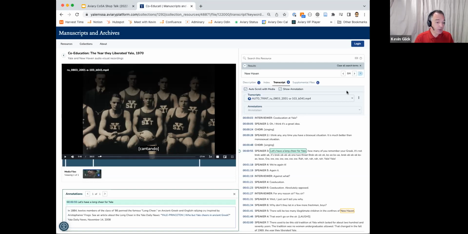In addition to transcriptions, there's the capability to annotate transcriptions, if one wanted to have more in-depth description of portions of the transcript. And I just have a very simple example here showing how this works once the annotations are actually made in the background by staff. Here's how it can display. There's only one annotation on this transcript. The highlight is "let's have a long cheer for Yale," and you can see that it's green, and then there's